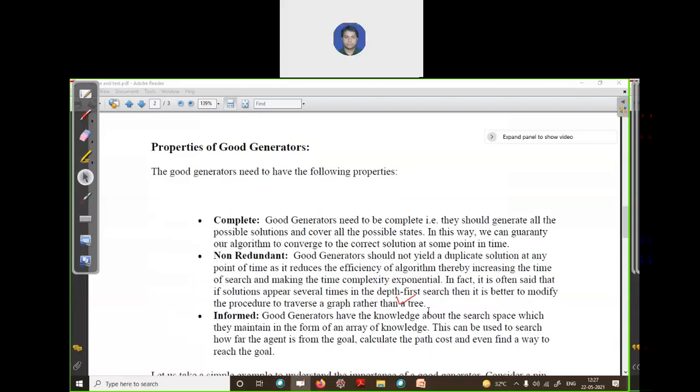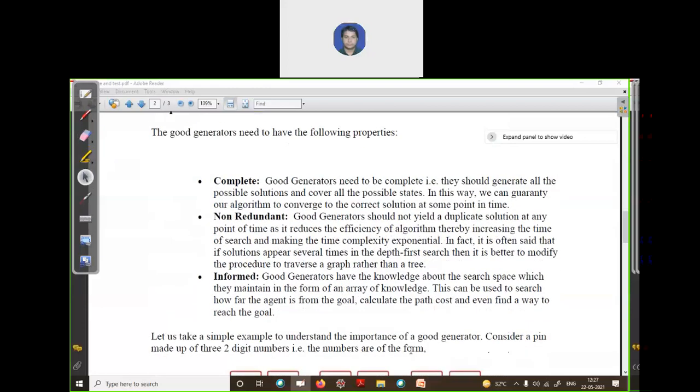So these are some properties about this generator and tester. It is complete and it is non-redundant. Non-redundant means you cannot write the same code all the time. If you are writing code for printing this pyramid structure, and it does not work, you should not write the same code again. It is redundant. Always write code which is unique. There's no need to get stuck in any loop.